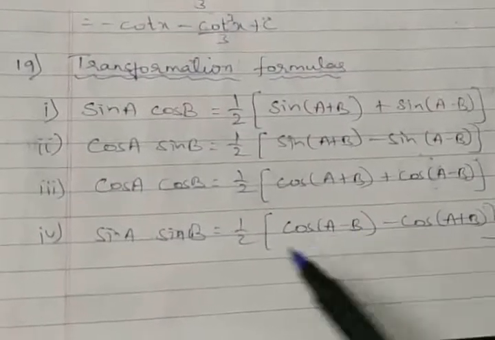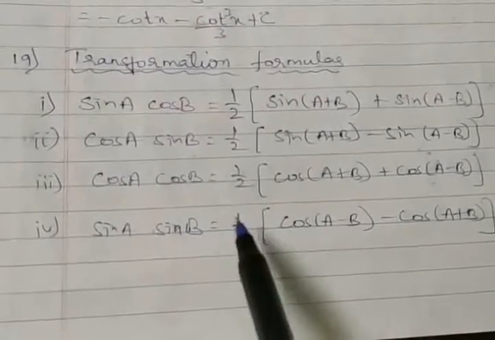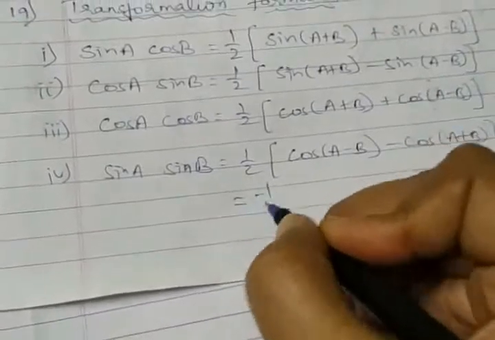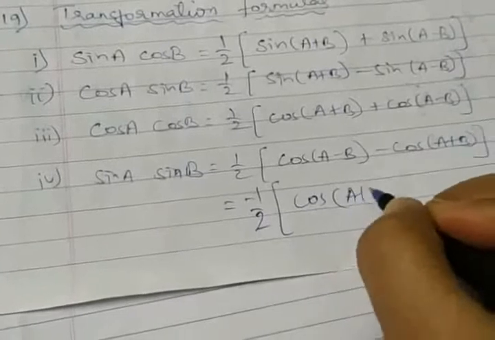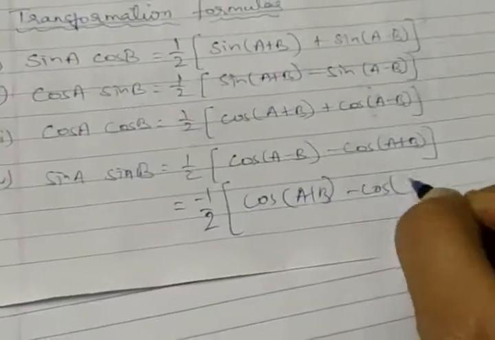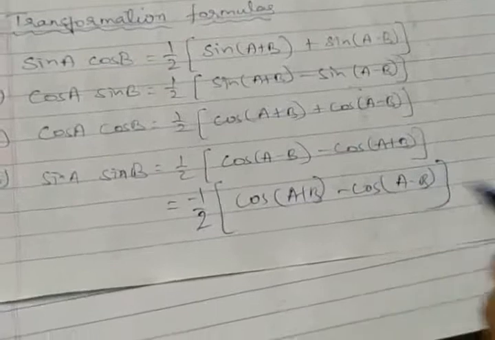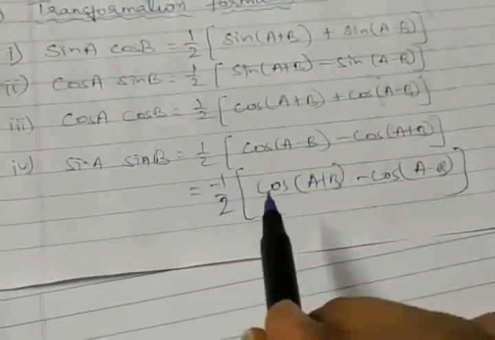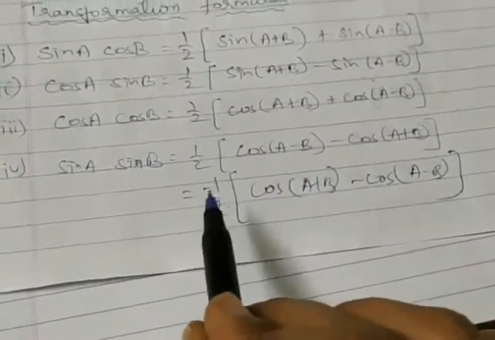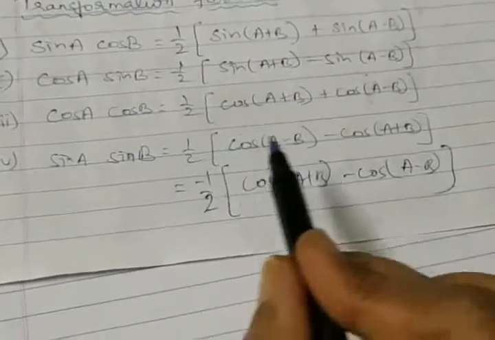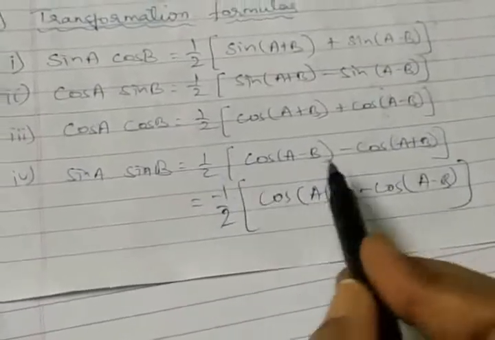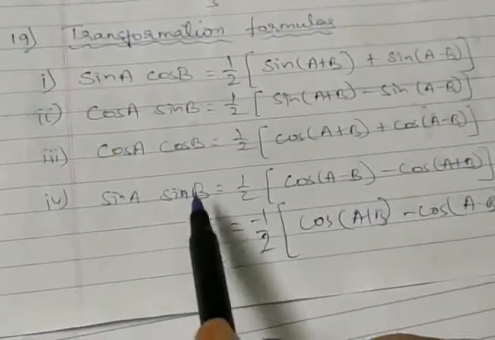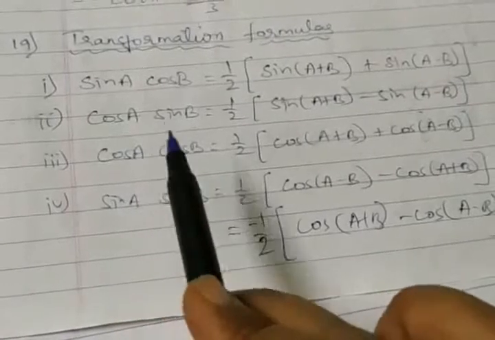Or you might have noted last year's formula, sin A sin B is minus 1 by 2 cos A plus B minus cos A minus B. This might be the formula you had taken, which I have modified here. Using this formula is also fine, but this minus has to be balanced, and here it has been balanced, and therefore we have the result reversed. So this is a better option to remember. So sin A sin B, warning bell. Cos A cos B, very easy to remember.